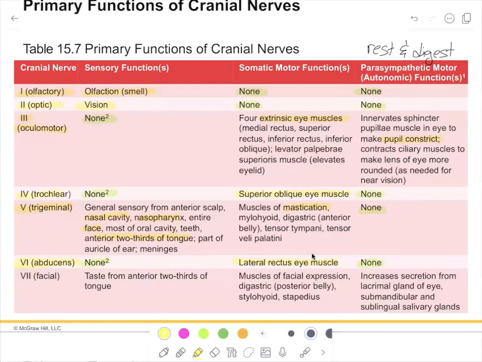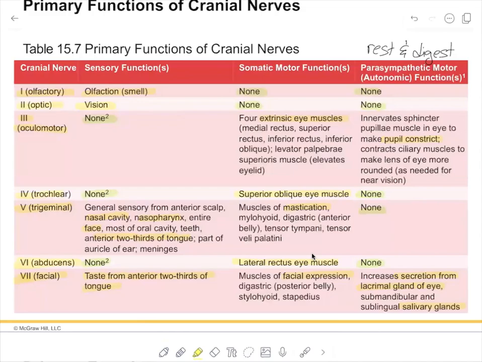Cranial nerve number 7 is the facial nerve, and it's taste from the anterior two-thirds of the tongue, just like the trigeminal nerve. Its motor function would be facial expressions, and its parasympathetic function would be secretion from the lacrimal gland of the eye, as well as salivary glands. And that kind of makes sense because even if you're thinking about food, your salivary glands are going to start